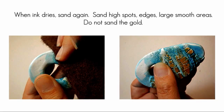Now we're going to use our sanding pads again. Once again, use your dust mask anytime you're dry sanding. Even if you're not creating a lot of dust, you always want to use a dust mask to protect your lungs. When your ink is dry, you want to take your sanding pad and you want to sand the high